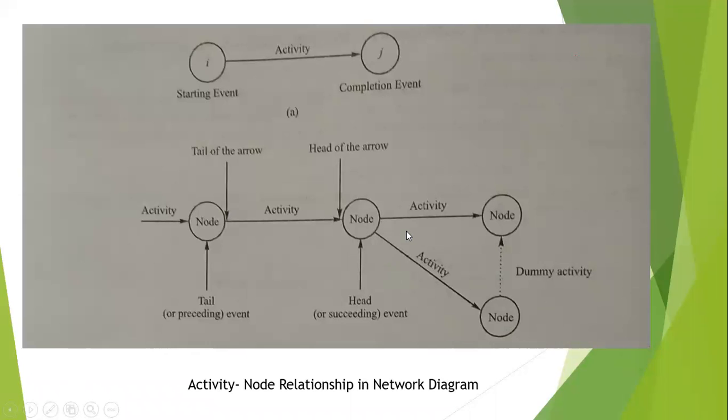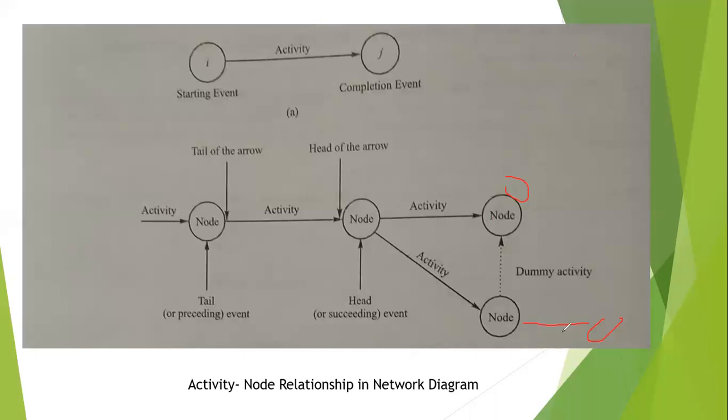Now let's say, I'll tell you a simple example. This particular node tells that it should have two activities, this one and this one. Now already this activity is going to one more activity, that means it continues from here. Then it might go to one more node. But before that, I'm being told this node is dependent on this activity and this activity.